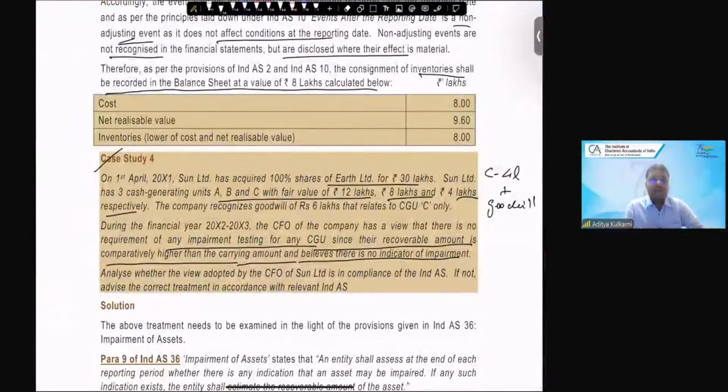So if you are doing this question, you need to have a complete detailed idea of whatever you are having as far as your Ind AS are concerned. You need to know the disclosures, you need to know the treatments, you need to know the adjustments, and you need to give those details here for the purposes of your